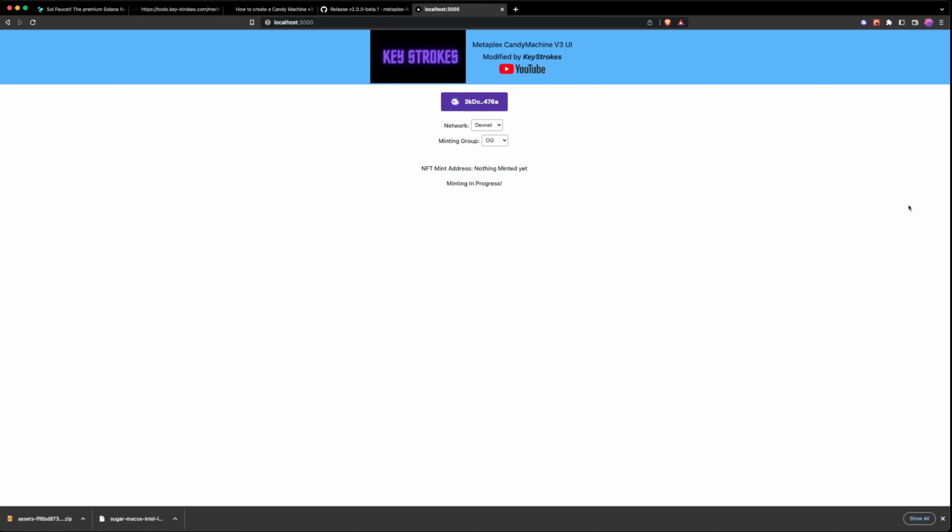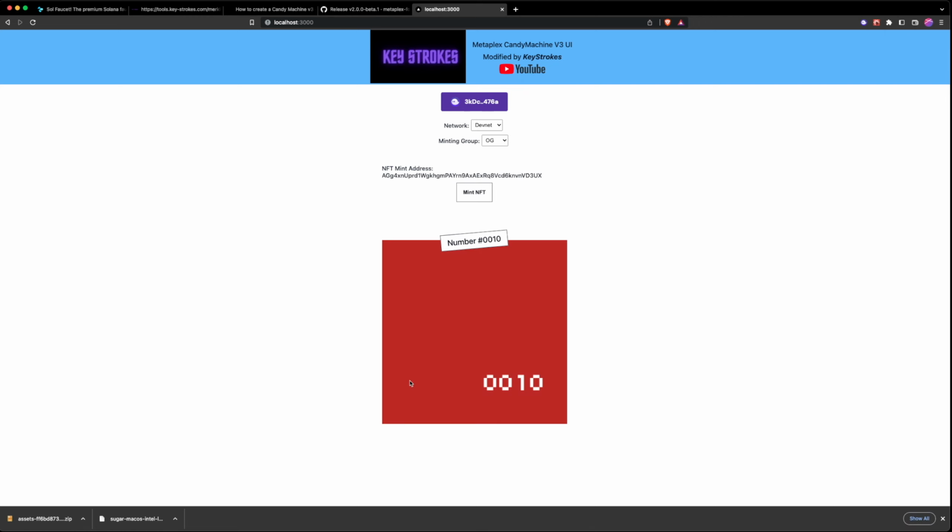So approving this as well. And we can see we got our NFT. Now let's see what happens if we change our minting group to whitelist. We are still OG and we switch to whitelist. And because whitelist minting is not live yet, it says minting is not live, and hence you cannot start to